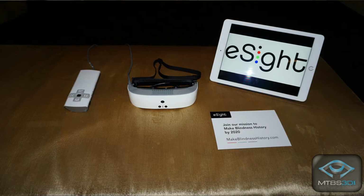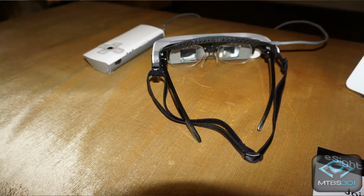Okay, well, why don't you hold the device up for our audience to see? So maybe you could explain how it works. This is eSight. It's worn like a normal pair of glasses. They're really light. They're really sleek. We get a lot of comparisons to Star Trek, understandably so. It's got a camera in the front. That camera is capturing exactly what's in front of the wearer, and then it's enhancing it under this hood in virtually real time. It's putting it onto two screens that are right in front of the wearer's eyes. These screens are high definition OLED displays, and they'll show them a really crisp picture that's optimized for their visual